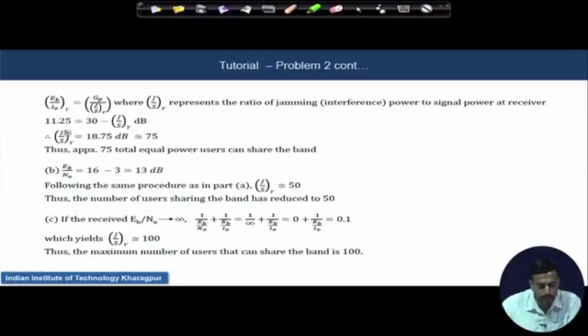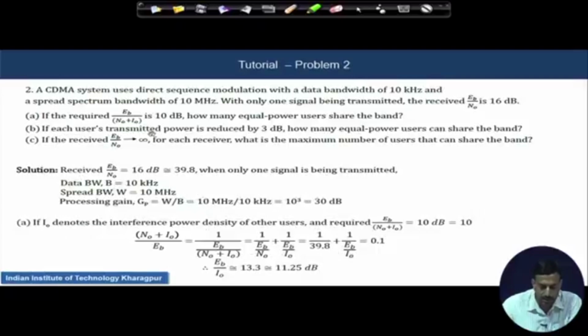This is because in the numerator we have the total jammer power, and in the denominator is the individual signal power. So this is the margin, this many number of users can be supported, which is basically found out using this ratio, that is the total jammer power, the total interferer power divided by the desired signal power. In the next problem, we have been told that each user's transmit